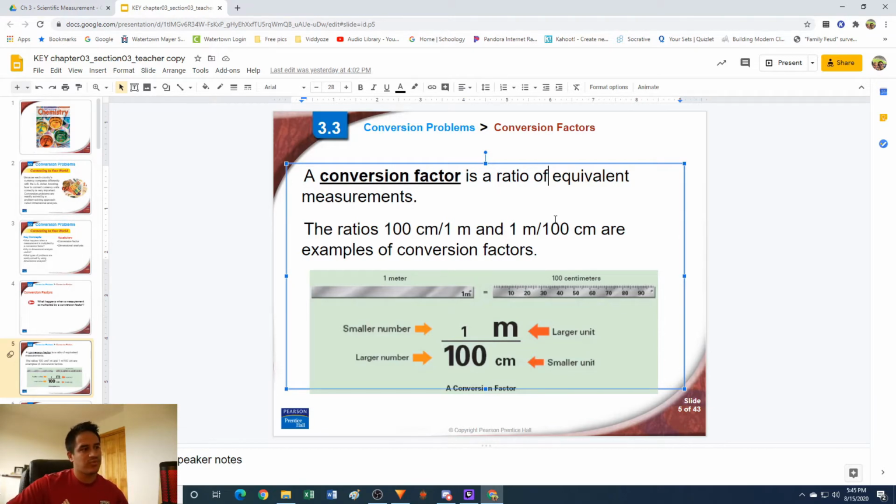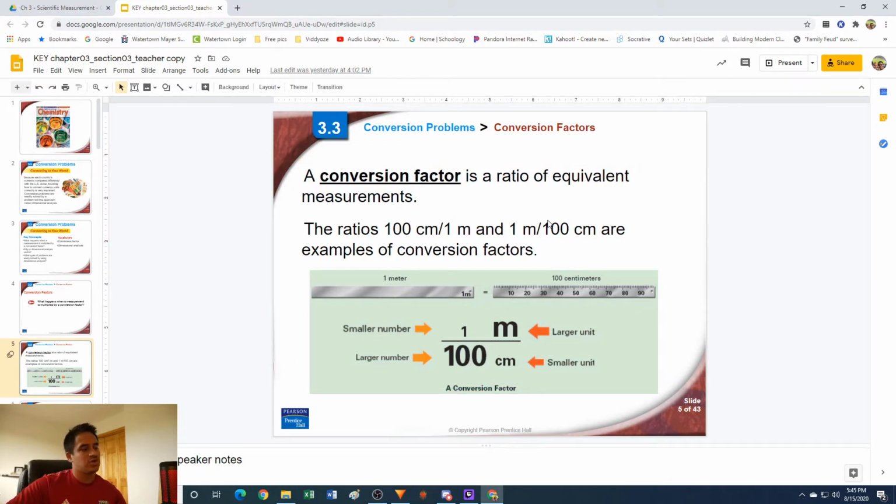So for example, a conversion factor could be 100 centimeters over 1 meter, or 1 meter over 100 centimeters. These are two different numbers that are equal in length. Okay, so this would allow us to convert between meters and centimeters. We can write it as a fraction with the 1 meter on top and the 100 centimeters on the bottom. We could also flip it around so that we'd have 100 centimeters on top and 1 meter on bottom. Either way,